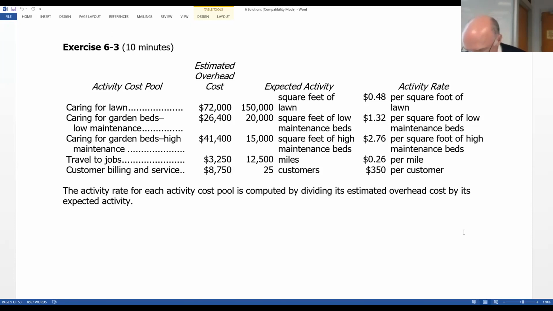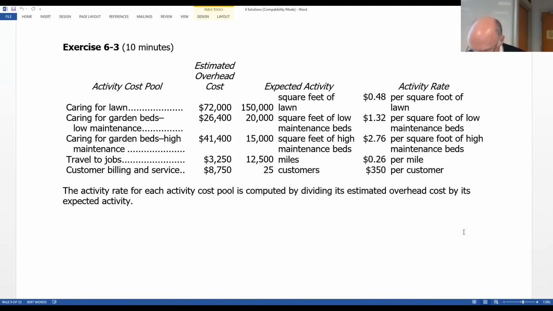Caring for garden beds that are low maintenance is the square feet for those low maintenance beds. Caring for garden beds high maintenance, again, square feet of high maintenance beds. Travel to jobs based on miles. Customer billing and service based on the number of customers. The company has already completed its first stage allocations of cost and has summarized its annual cost and activity as